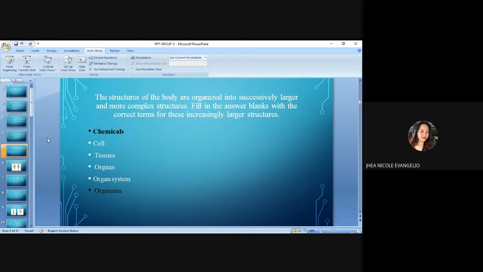Next, the structures of the body are organized into successively larger and more complex structures. Fill in the answer blanks with the correct terms for these increasingly larger structures. First is chemicals, and then cell, tissues, organs, organ system, and lastly the organism. Next,